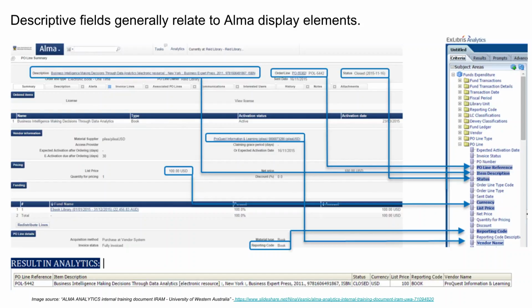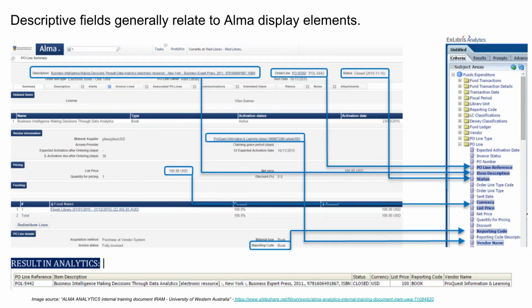So for example, reporting code is a display label, and there's a comparable reporting code descriptive field,